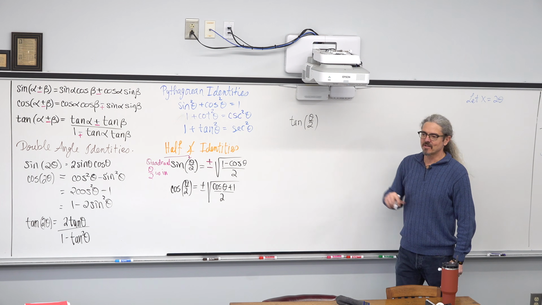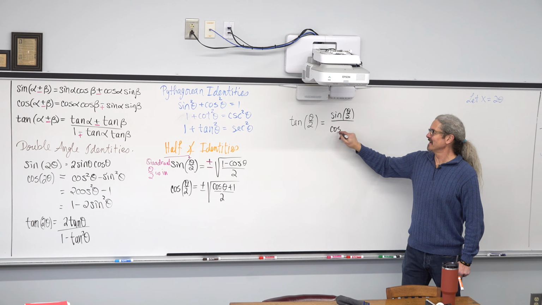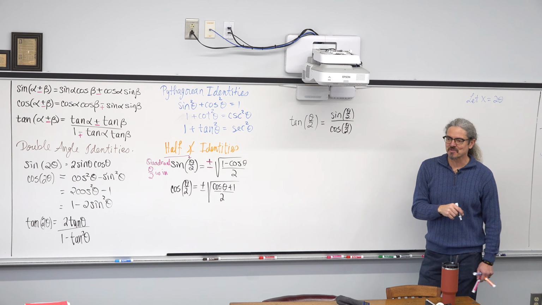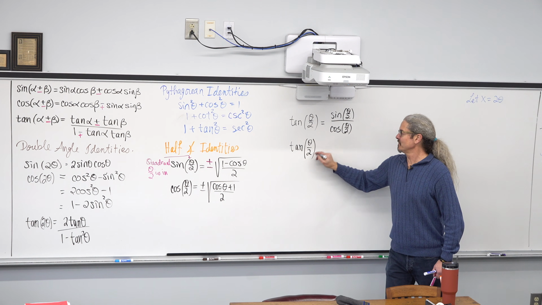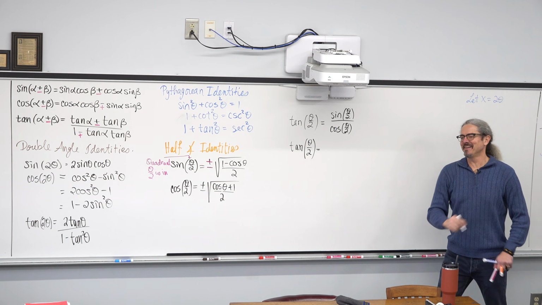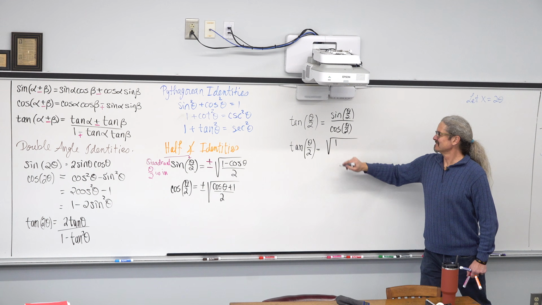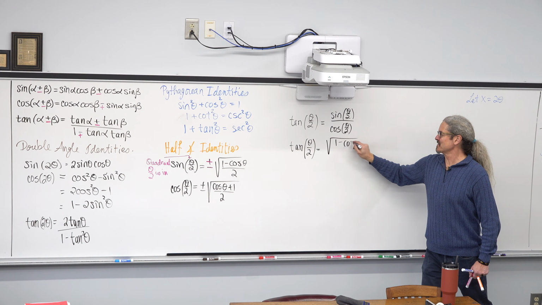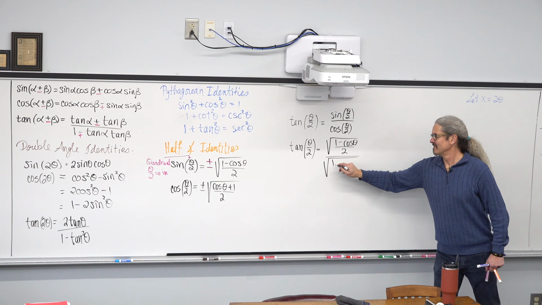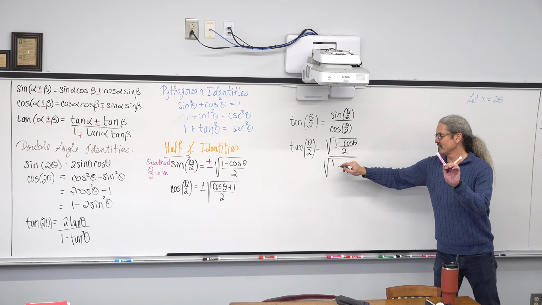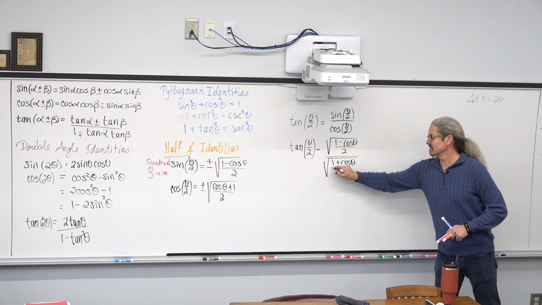You're getting ahead of me. It'd be sine of theta over 2 divided by the cosine of theta over 2. And then, yes, ma'am, you're absolutely correct. That means that the tangent of theta over 2 is going to be, help me out, the square root of (1 minus cosine theta) over 2, divided by the square root of (cosine theta plus 1) over 2. For the purpose of where we're going, I'm going to swap the order of that addition: 1 plus cosine theta, over 2.